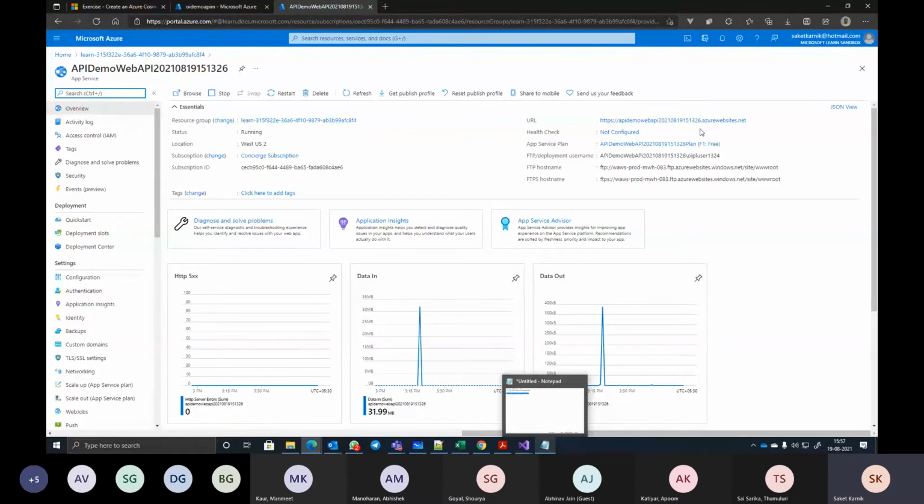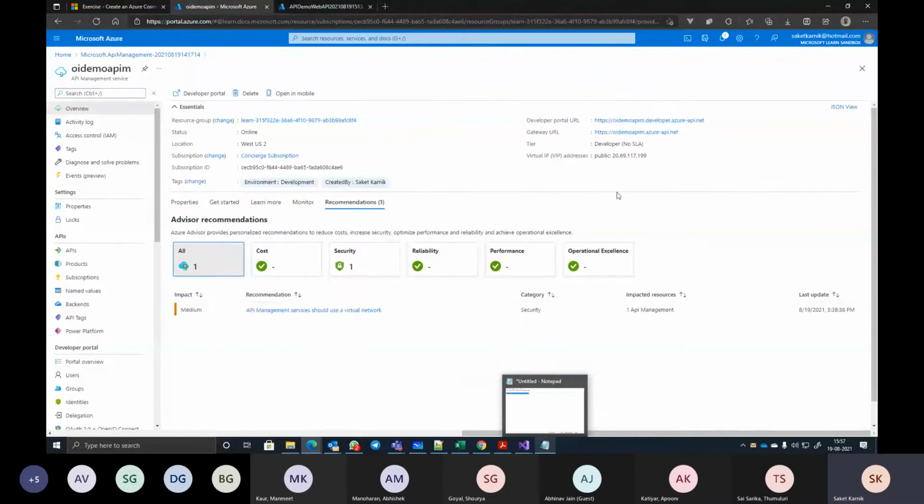Forget about whitelisting and blacklisting. If it is virtual network based access, that whitelisting or blacklisting also is not needed. There is no public endpoint simply. That way it becomes more secure. And that's what is the recommendation here. API management services must use a virtual network.